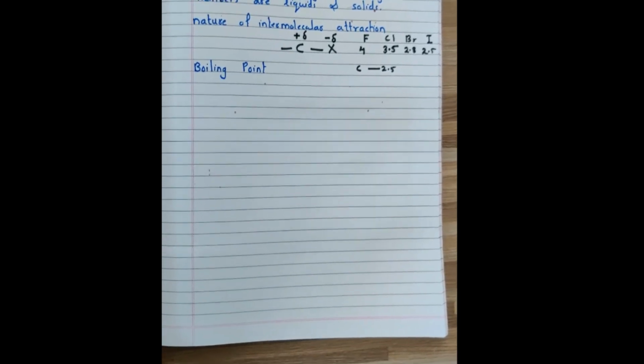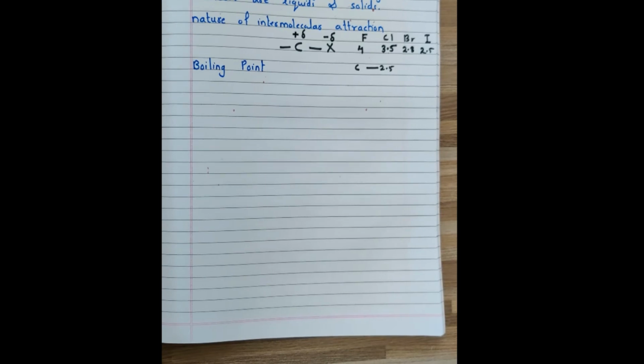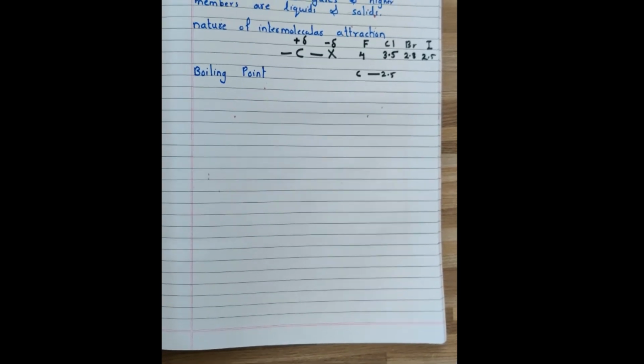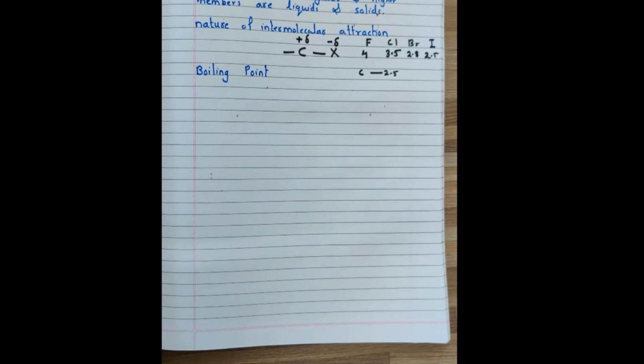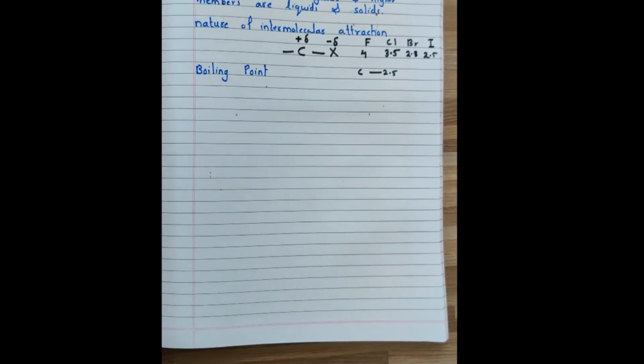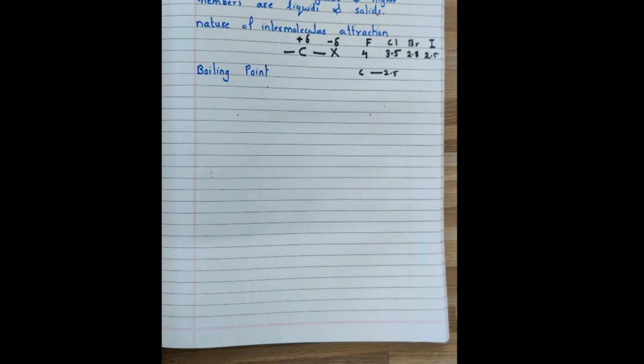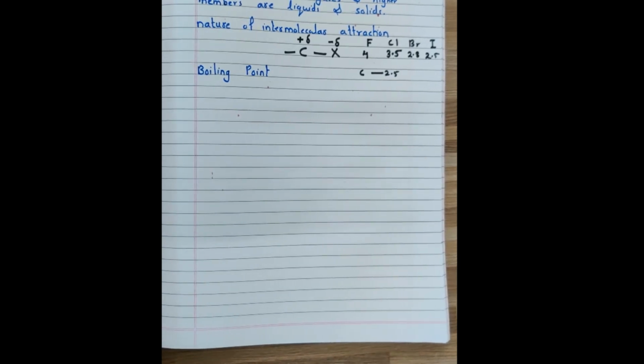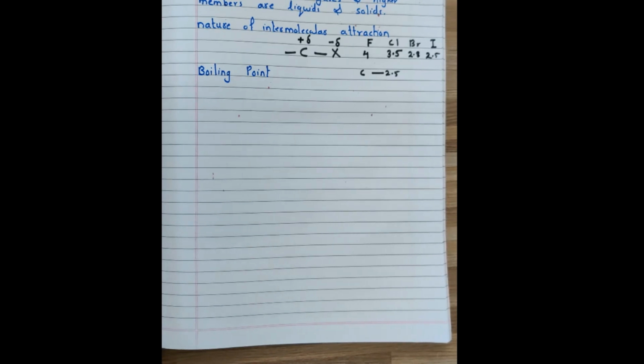Molecules with higher molecular masses generally have a higher boiling point. Why? Because of the higher molecular mass and greater polarity, the intermolecular forces of attraction between the molecules will be more. Whenever higher molecular mass is there, it means the molecule is bigger in size. If the molecule is bigger in size, it will have greater surface area for interaction with other molecules through the van der Waals forces. So as the molecular mass increases, the intermolecular forces also increase.